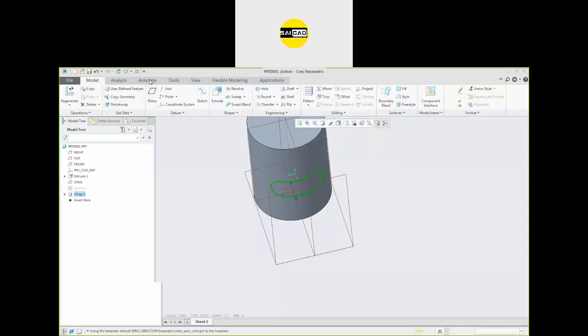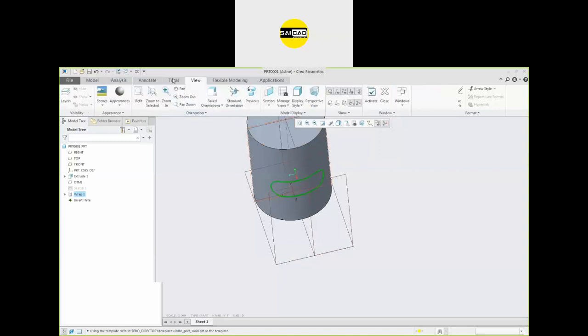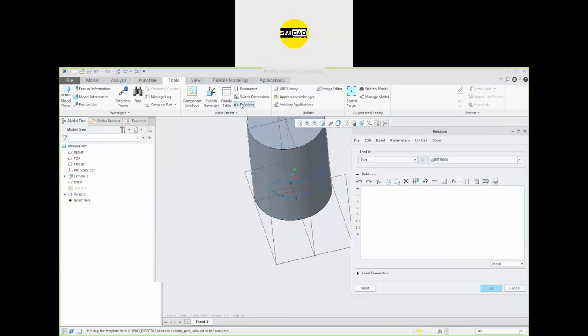We have some relations here. We can add the relation and we can create any geometry. We can create a spiral geometry revolving around its axis. We can create anything, but for that we have to learn how to work with the relation.